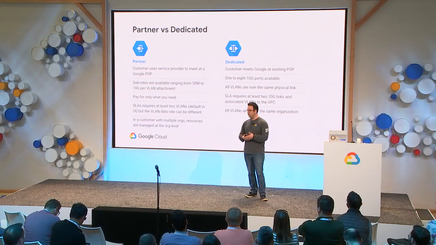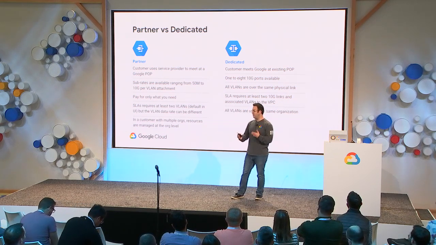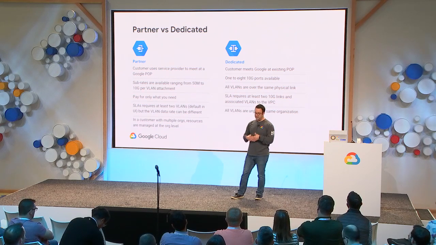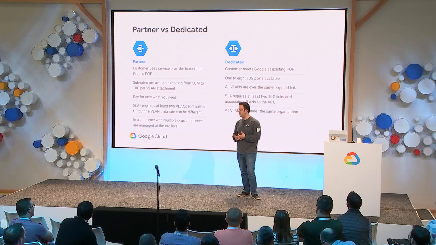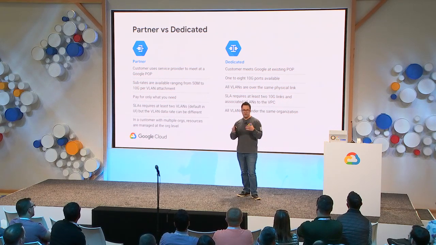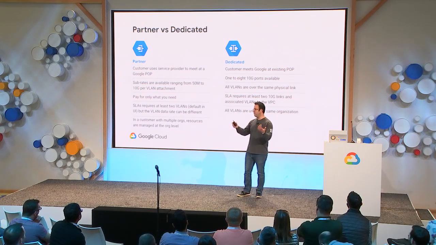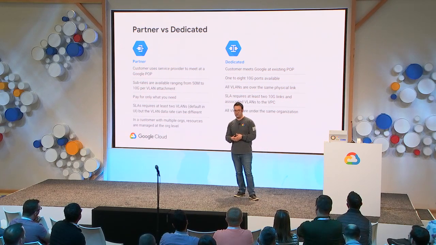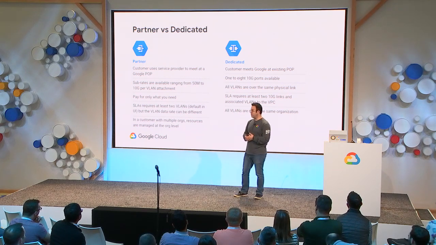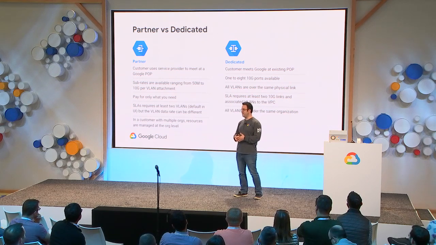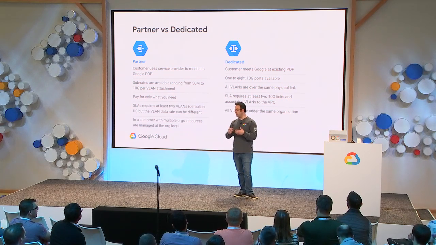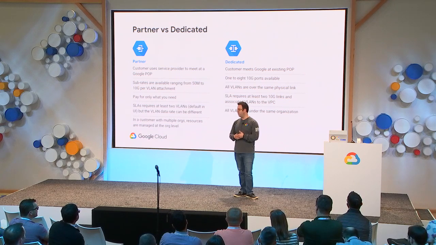Therefore, a partner will provide you a sub-circuit rate starting from 50 megabits all the way to 10 gigs, and we can provide that via VLAN attachments on our end. You pay only for what you need. SLAs require at least 2 VLAN attachments, which would terminate at 2 different availability zones within a metro area. If you want an SLA of 3 nines and then 4 nines, you would establish that across 2 different metropolitan areas. You can also establish with partner interconnect, you don't need to be within one org. We can extend the connectivity from multiple orgs because the partner interconnect VLANs can land in different organizational units